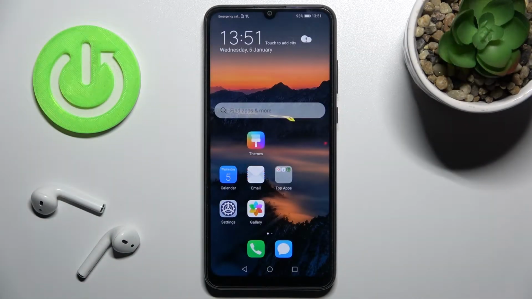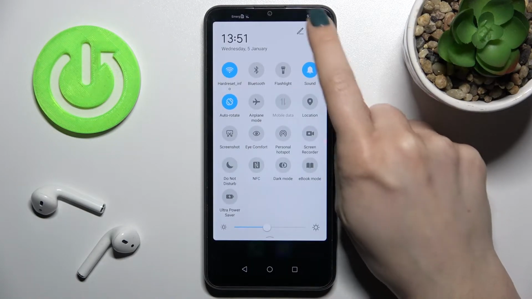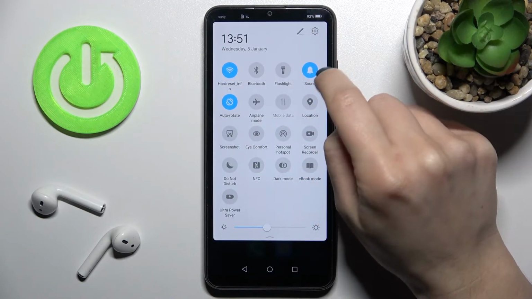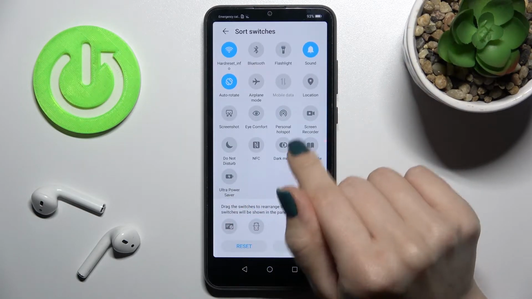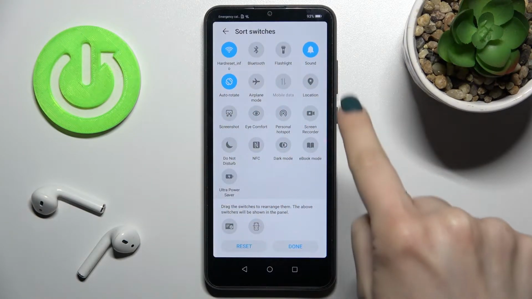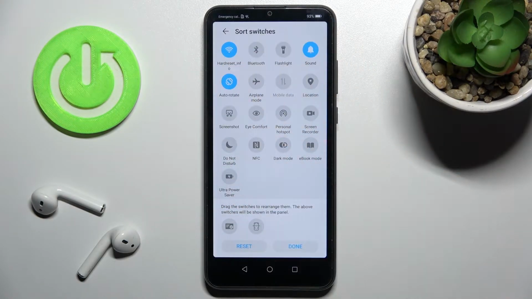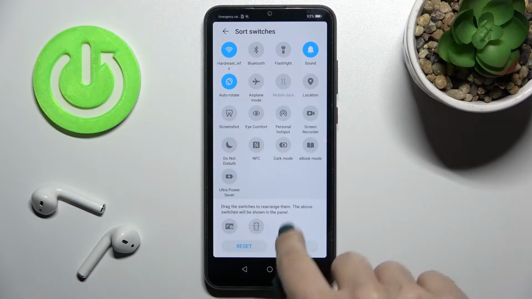Welcome, today in front of me Honor 9A, and I'll show you how to adjust notification panel shortcuts on this device. So first you should open the notification bar, and right there in the right upper corner you'll see the edit icon. Tap here on the icon, and as you can see, you get here the two sections, the up section with our visible icon on our notification panel, and the down section with the icon that you can add